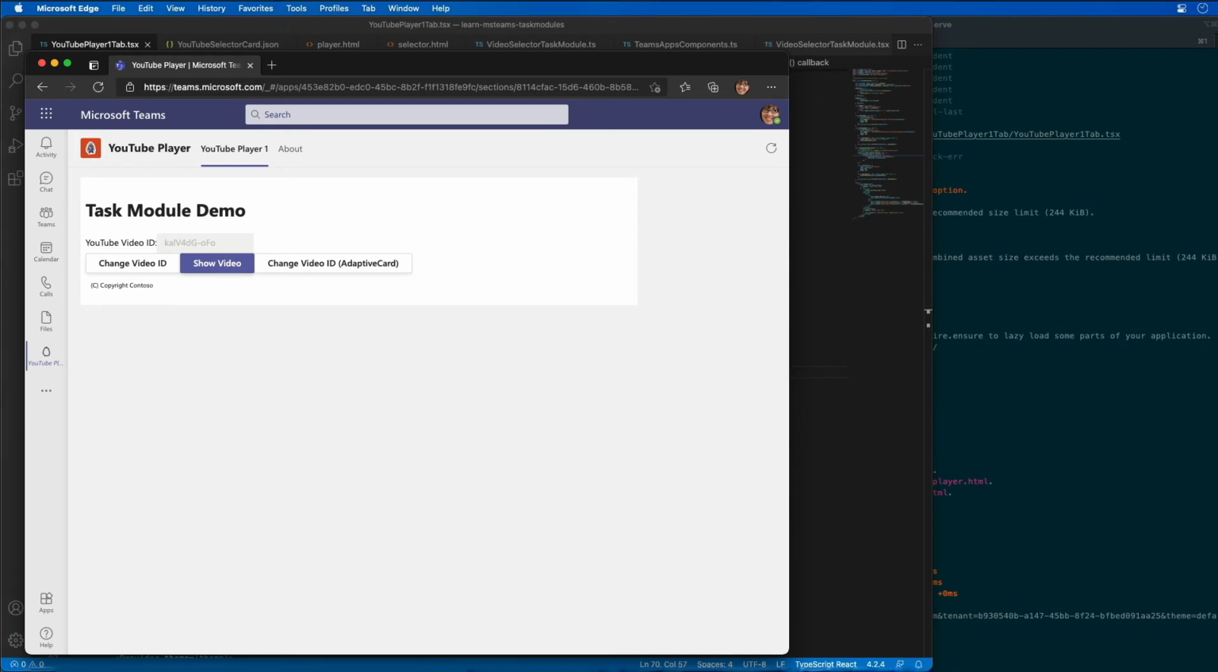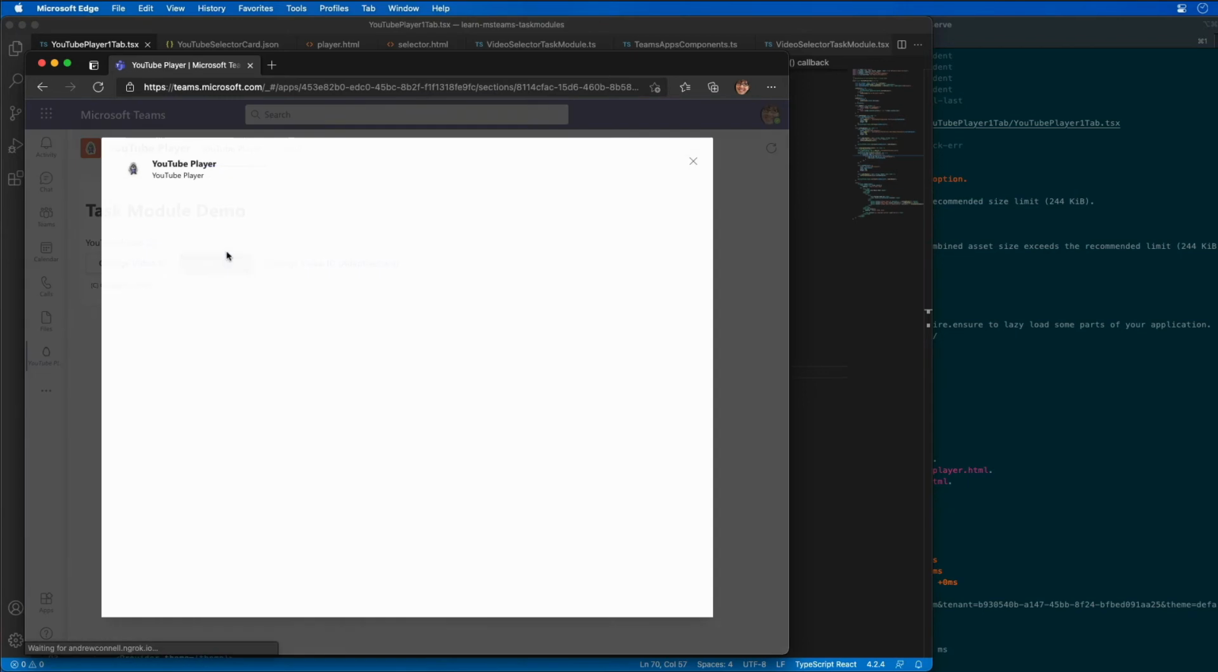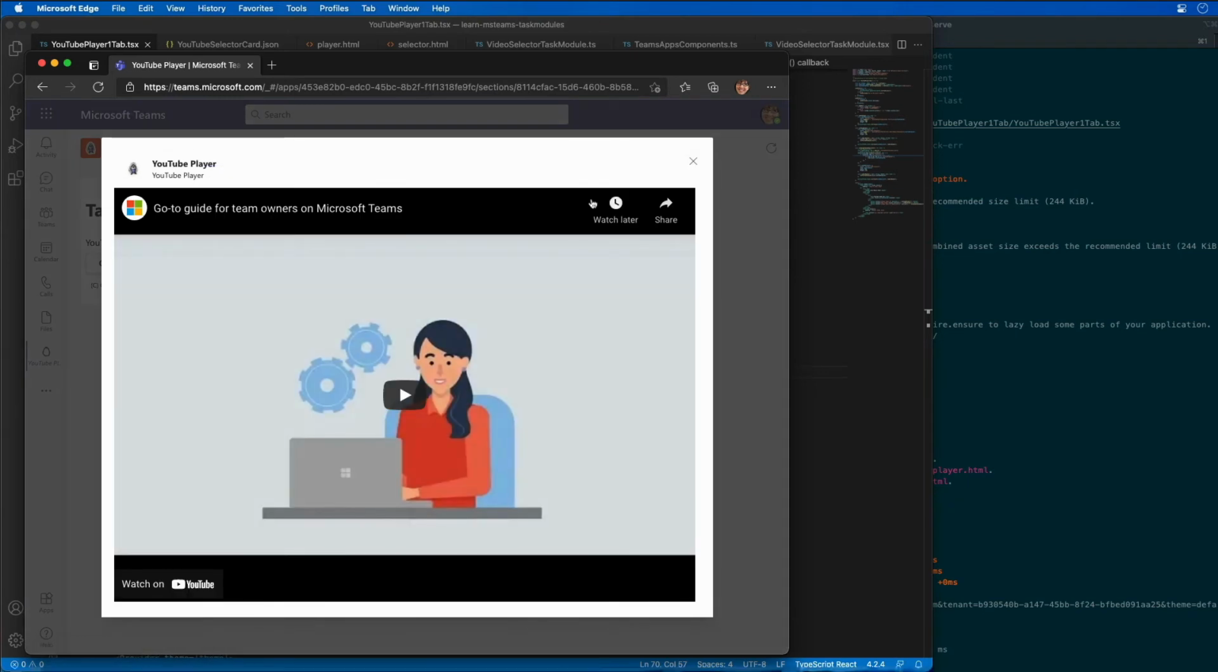Now, task modules can be invoked by selecting a button in the Microsoft Teams experience or by using a deep link. So deep links allow us to trigger a task module invocation from outside of Microsoft Teams or within Teams in a conversation. So consider if you wanted to open a task module from a conversation that would display a video on, let's say we'll use this video that we have right now of the go-to guide for team owners